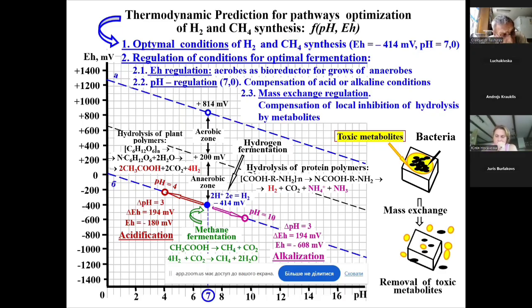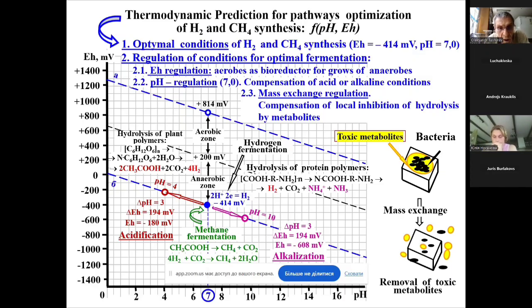And this hydrogen fermentation needs low potential conditions, minus 415 millivolts, and pH close to 7. So, on the basis of this thermodynamic prognosis, we obtained the conditions that maximally accelerate the degradation of solid